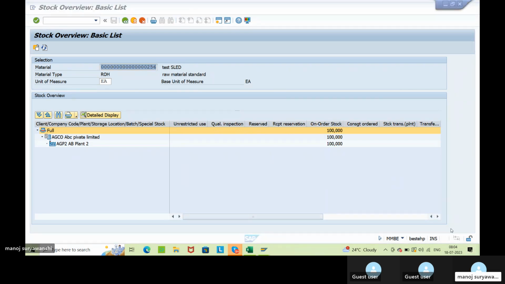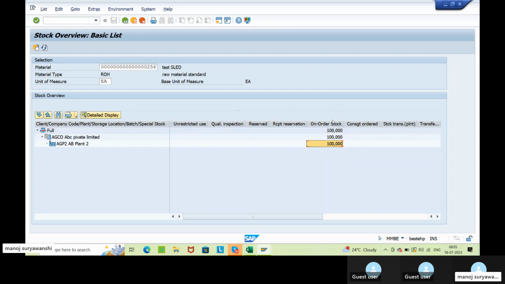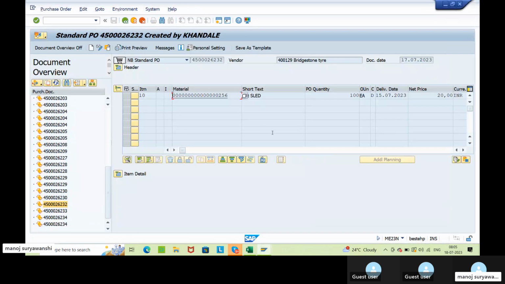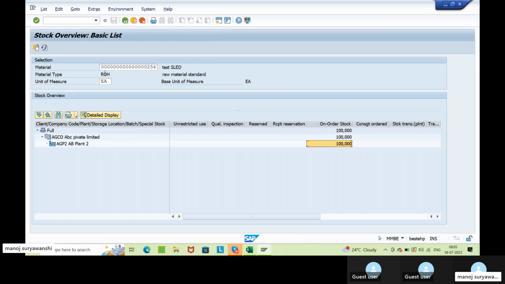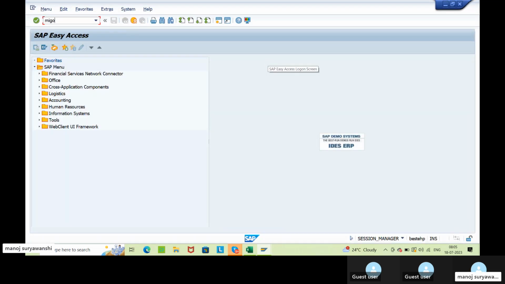Now this particular material, 100 quantities are available. 100 quantities is showing in on order stock because there is a PO that is open for this material which is of 100 quantities. I'll do the goods receipt and then the stock will be available in unrestricted use stock. Now let me do the goods receipt for this